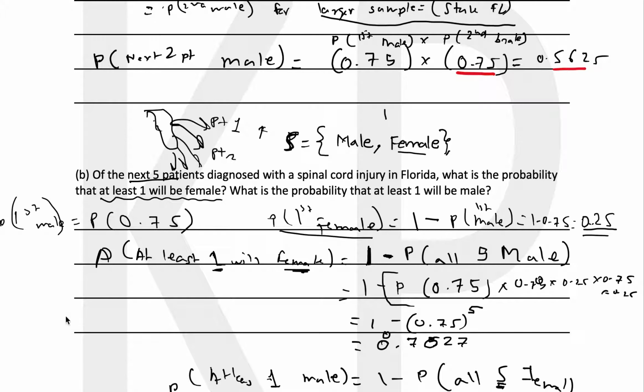Let me draw the sample space specifically for that. If you are drawing five patients, there could be the probability that all five will be male, 3, 4, and 5, or there could be the probability that all five will be female,